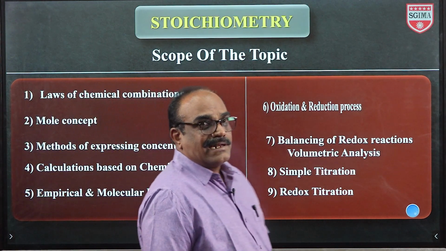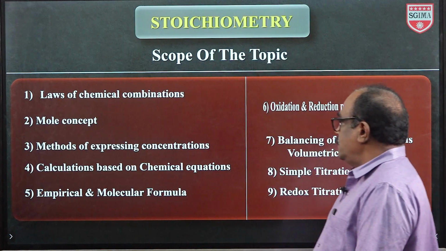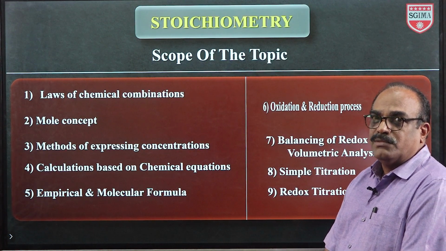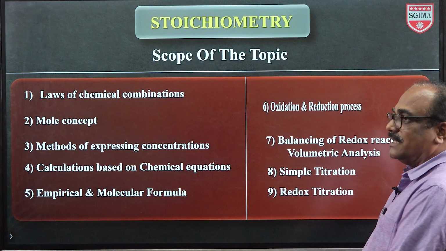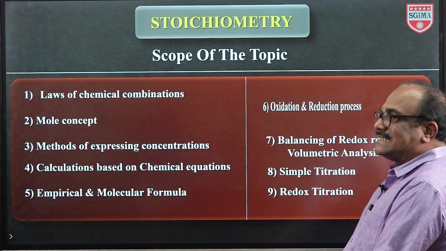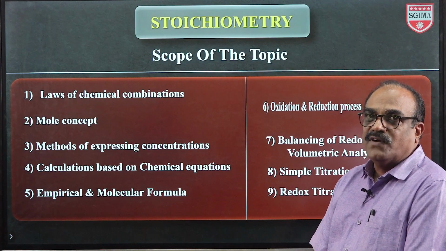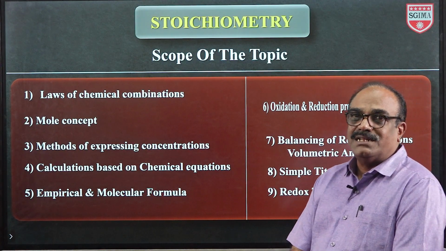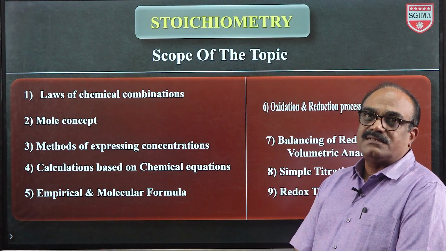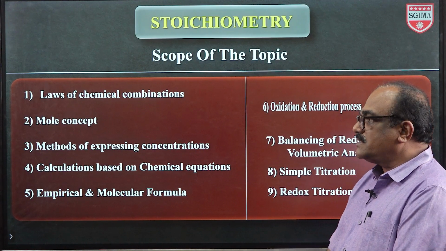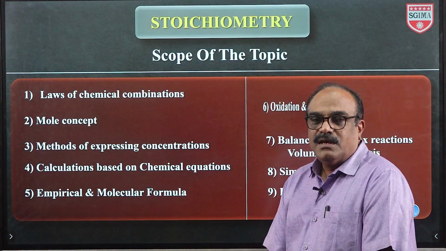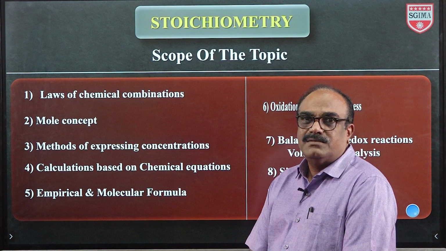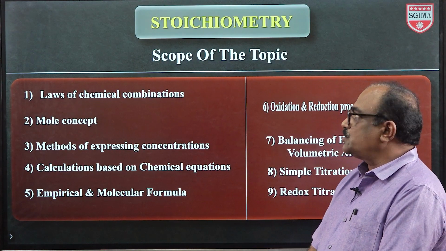Number 4, calculations based on chemical equations, empirical formula, molecular formula, oxidation reduction process, balancing of redox reactions, and finally volumetric analysis comprising of simple titrations and redox titrations. Stoichiometry is a very important topic, almost finds its applications in all parts of physical chemistry, though in the NCERT textbook